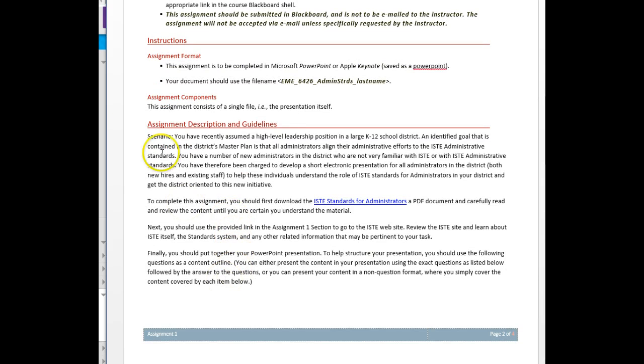What this assignment is, it is a scenario. The scenario is that you are in a high-level leadership position in a large K through 12 school district, and you have identified a goal to help with the district's master plan, and that administrators align all their efforts to the ISTE administrative standards. And you have a number of new administrators in the district who are not very familiar